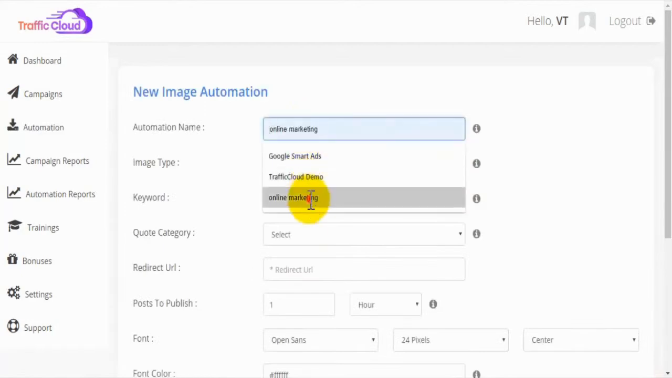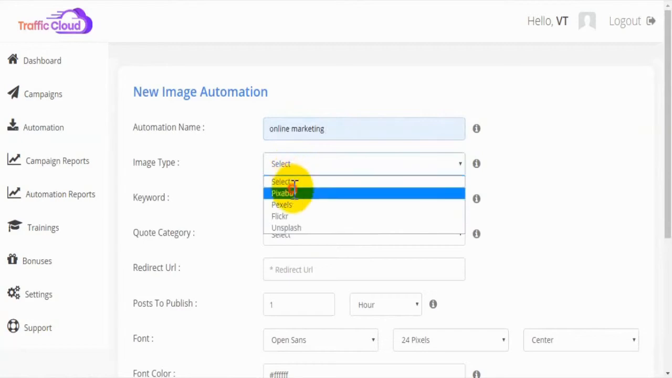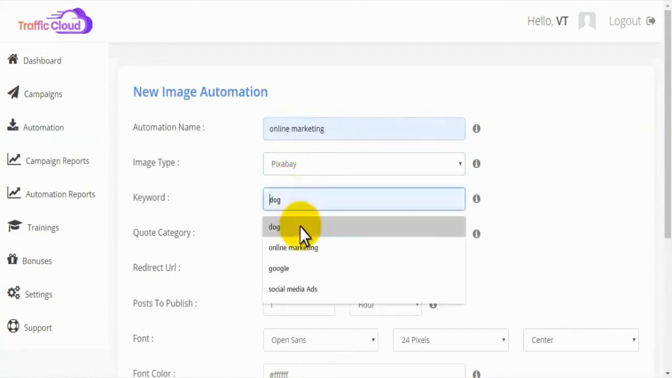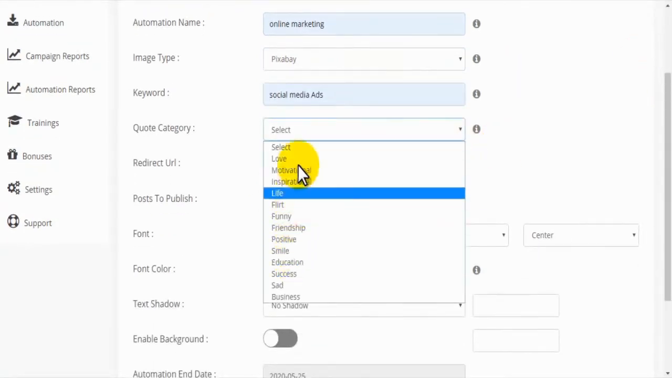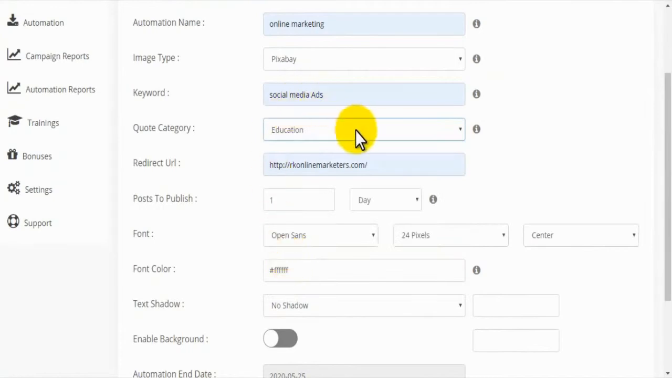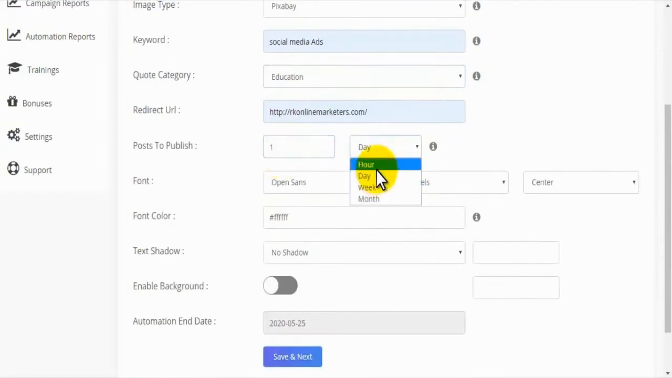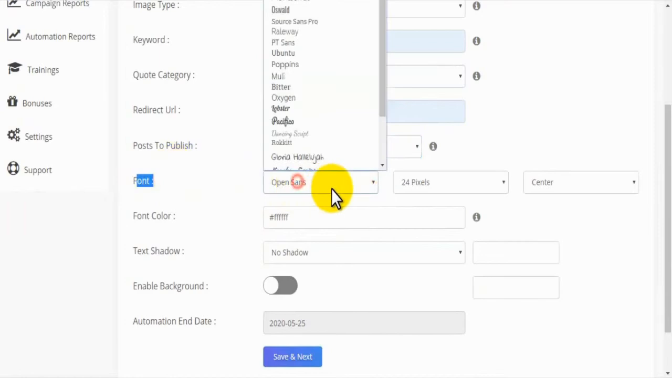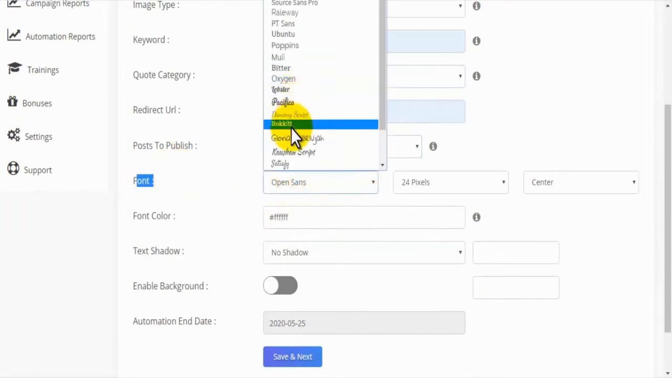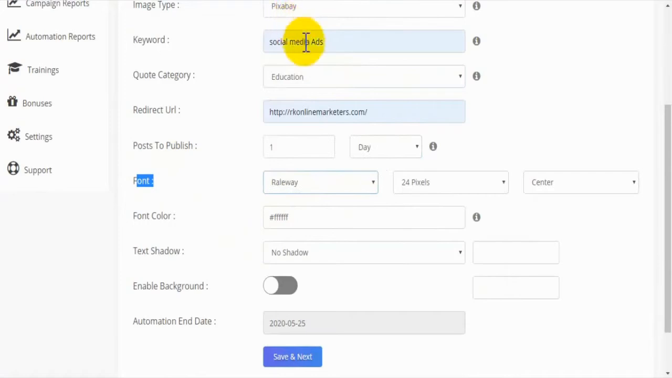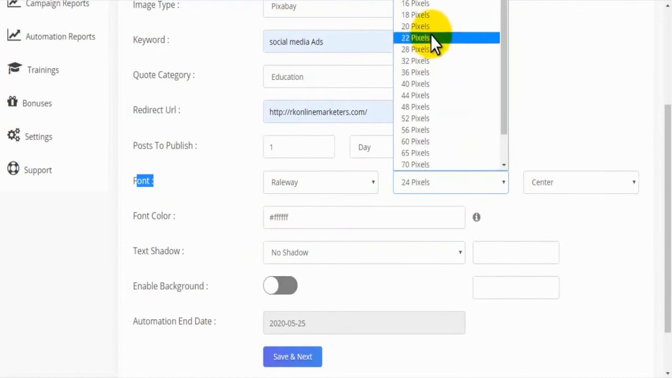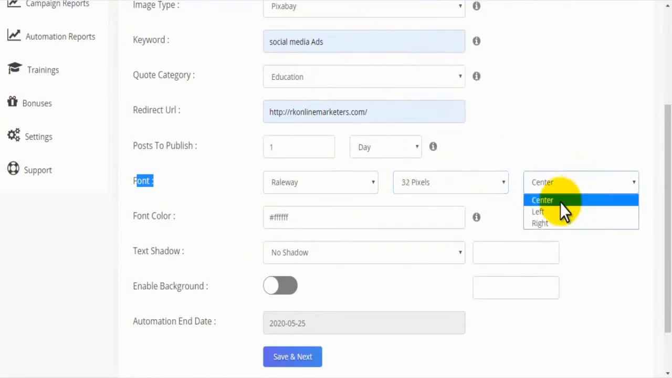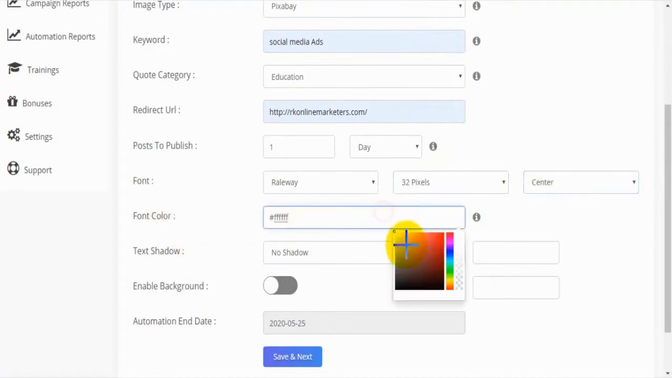And just like we did before, we give the automation a name. We're going to choose a source where we're going to pull those images from. We can give it any keyword we want, and then we can choose a quote category. So it's going to kind of randomize quotes based on that category. The redirect URL, you can send that traffic anywhere you want. Choose how often you want TraficCloud to publish it for you. So we'll just say one per week right now, or 1 per day, sorry. We'll choose the font, choose the size, choose where you want it, pick the font color,